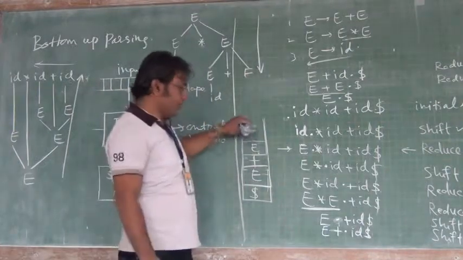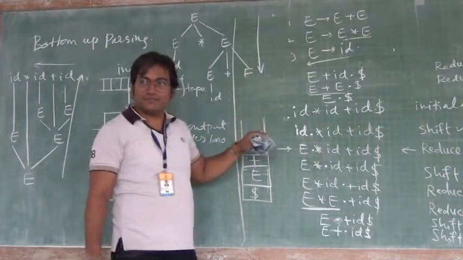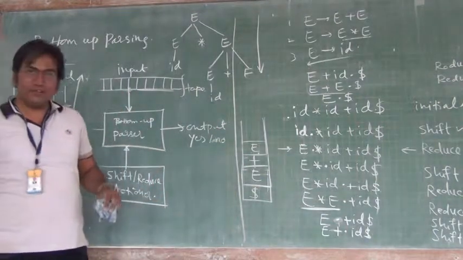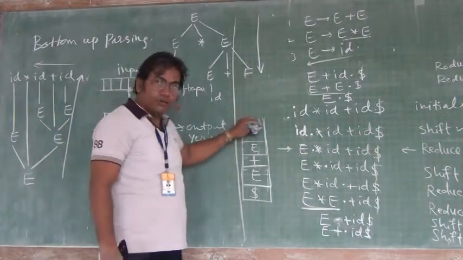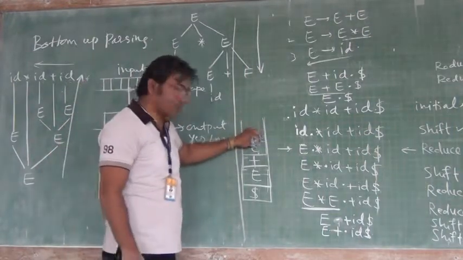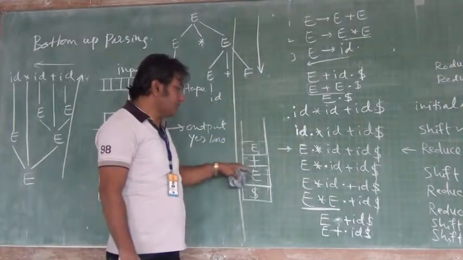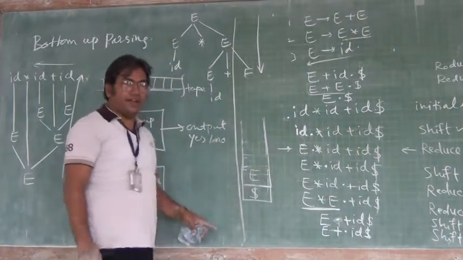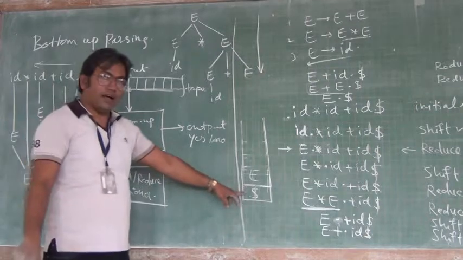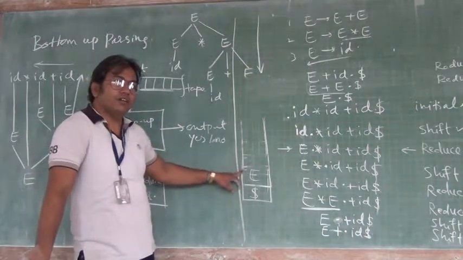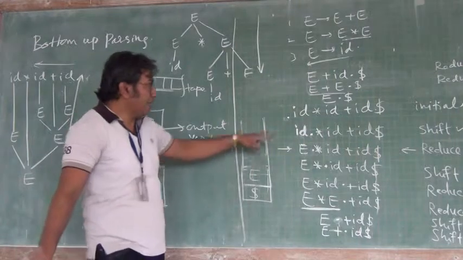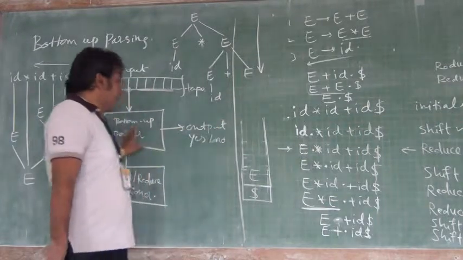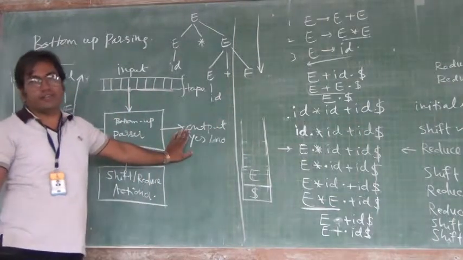Before this, what was there in our stack was the dollar at the bottom too. So what happened? I decide to pop, I decide to reduce it. To reduce it, I replace E plus E by E. So you got E here. This is the moment where you can find that my stack has the start symbol on top and my input string has been processed completely. My bottom-up parser can clearly declare that your input string is syntactically correct.